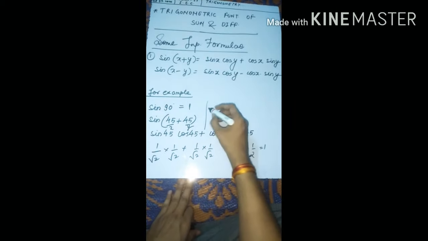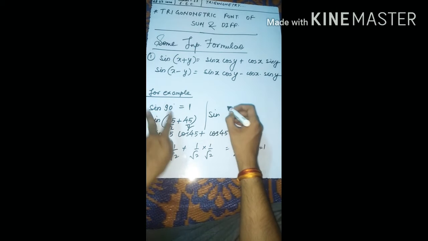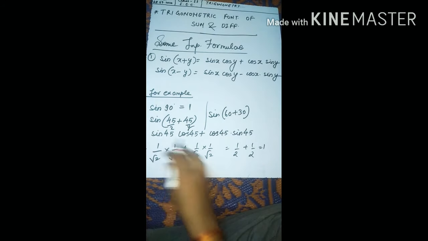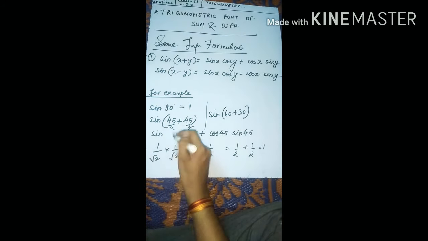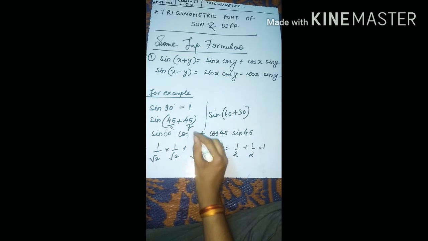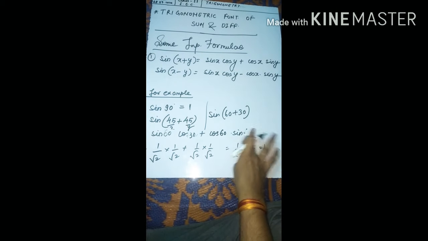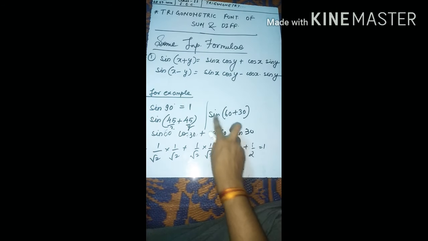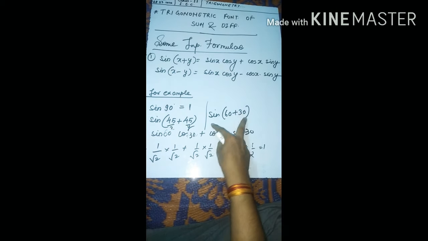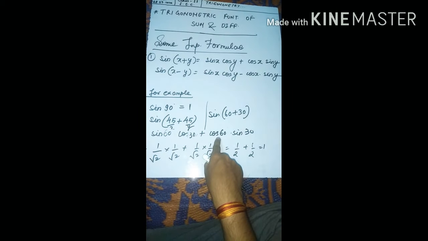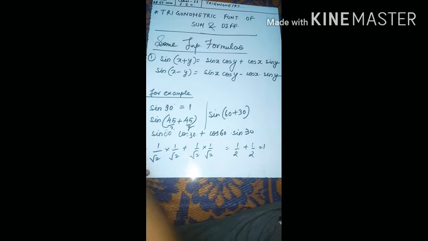Then plus sign here. Again the same case, half plus half, 1. Now you can see this question in one more way, that sin 90 can be written as sin(60 plus 30). So what changes you will see in this step? Here sin 60 cos 30 plus cos 60 sin 30. Okay, sin x cos y plus cos x sin y. So just put and check whether we are getting the correct answer or not.